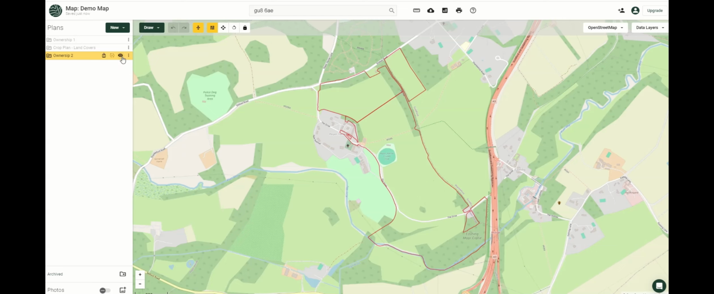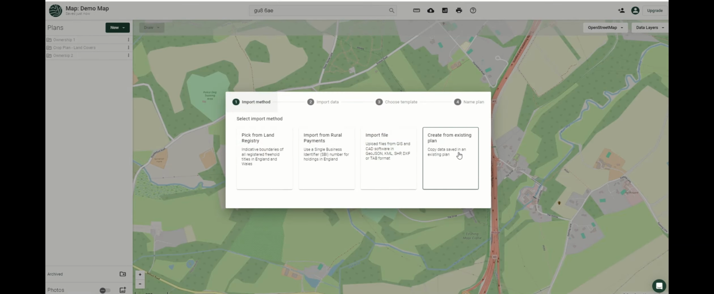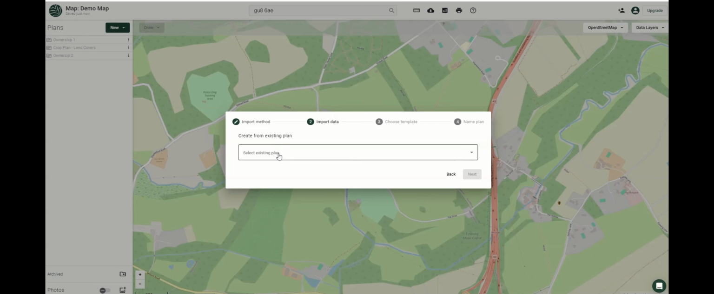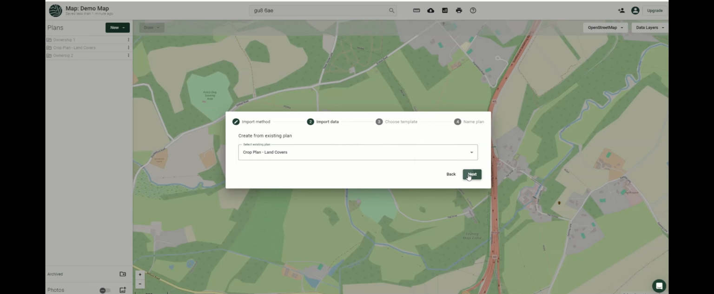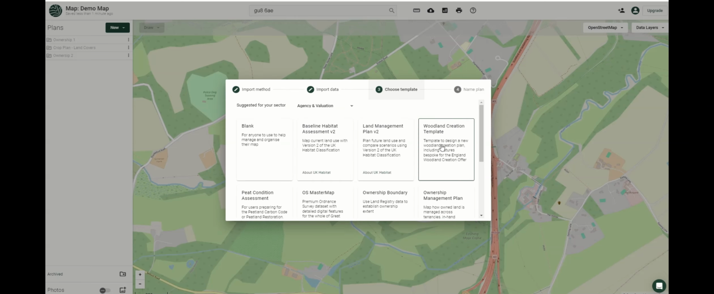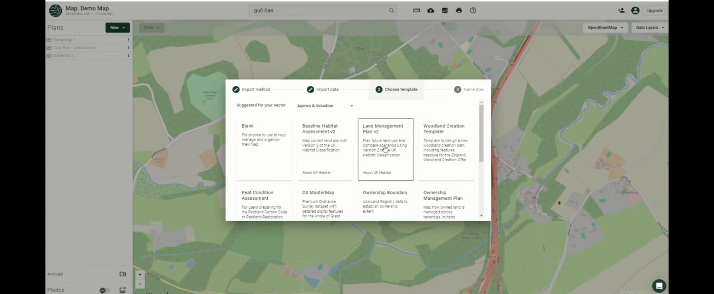So again, I'm just going to hide my plan here in the left hand side, and we'll look at the last option we have using this import data function, which is create from an existing plan. And what this allows you to do is duplicate from any one of your existing plans in this left hand panel. So if I click here, I will then see a list of those plans, and I can create a duplicate of it,